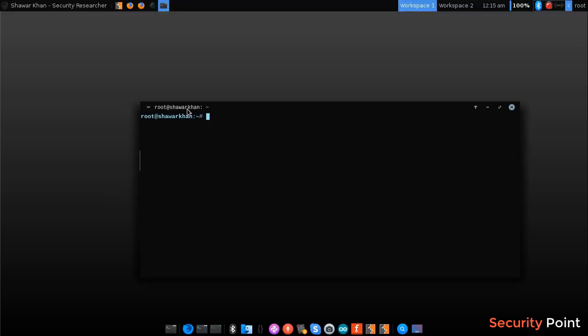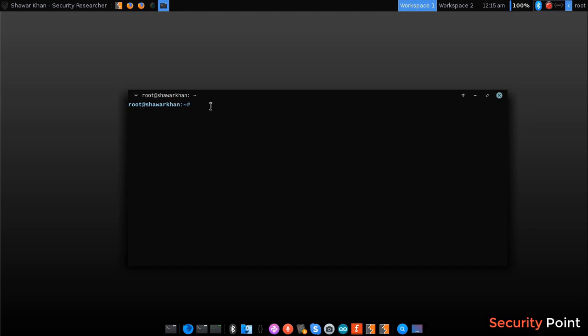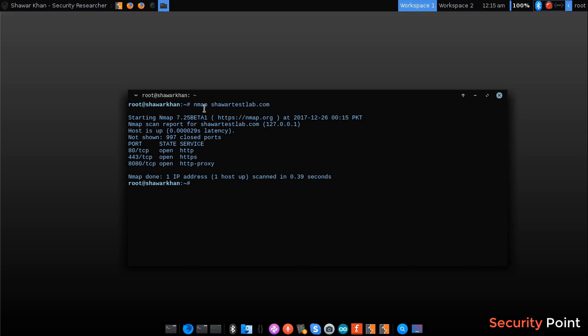As I told in my previous lecture, Nmap is a tool for network penetration test. So let me fire up Nmap against the target chartestlab.com. On a default scan, it actually scans 1000 ports and checks if the host is alive. Here you can see the host we are testing, its IP address,